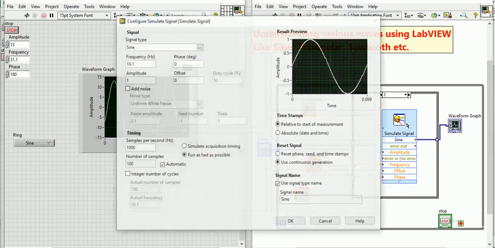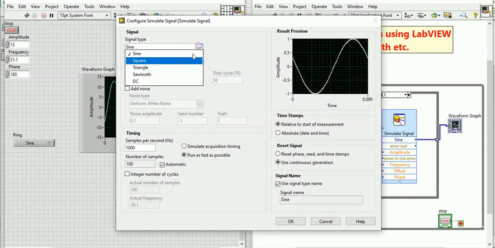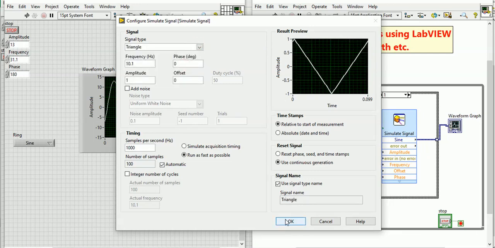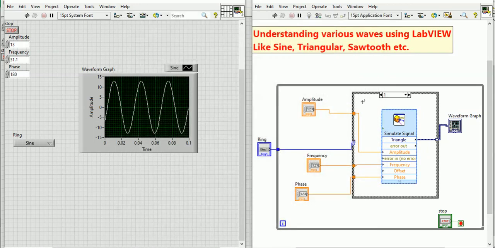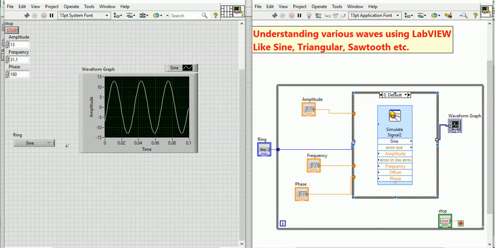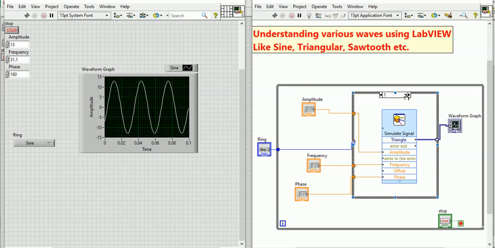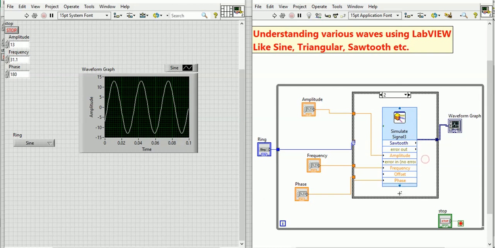After double clicking it, I am choosing triangular. And in the 0 or default case, the control panel has the sine. Okay, fine, but I have to connect the graph to this sine, and I will check once more whether this is correct or not. This is correct, fine. Here there is a mistake, so I will connect to the sawtooth. Okay, fine.